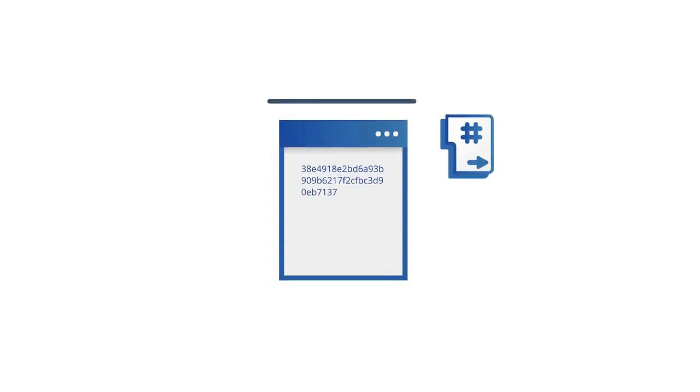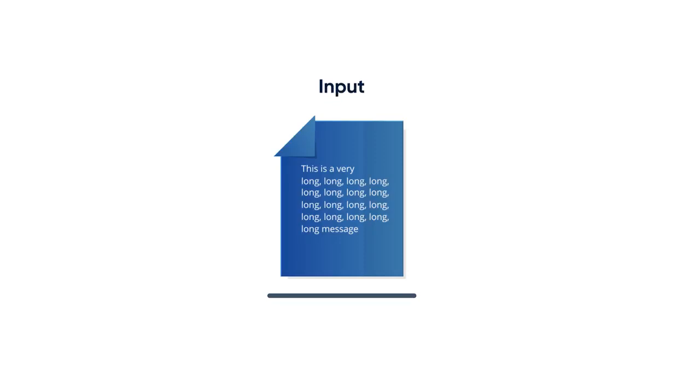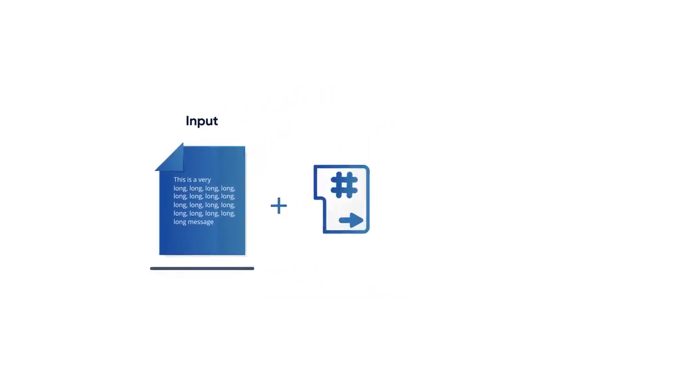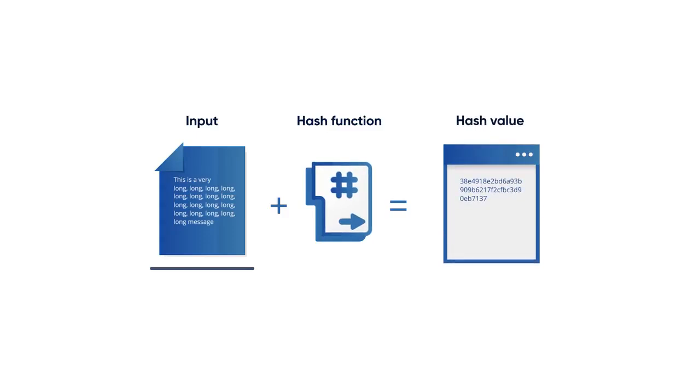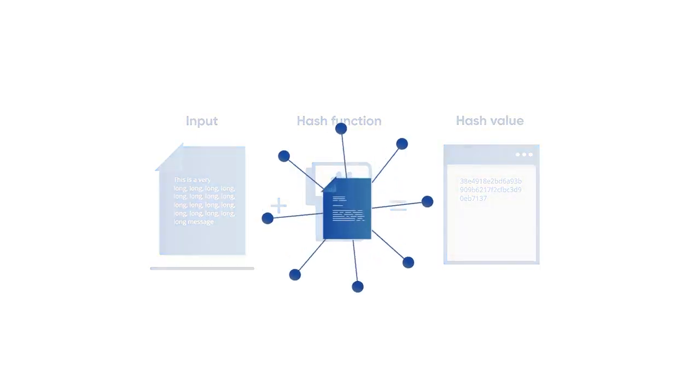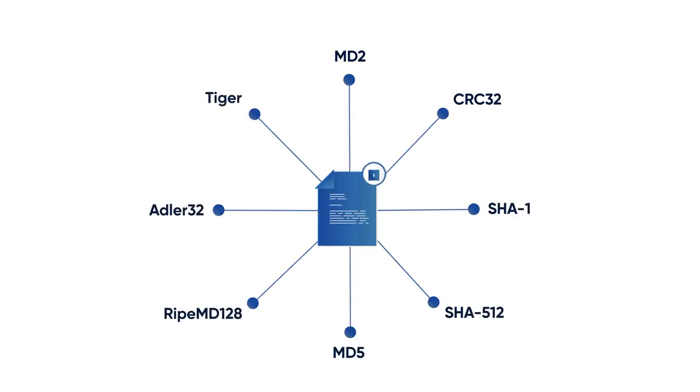into an array of numbers and letters through an algorithm. The message to be hashed is called input. The algorithm used to do so is called a hash function, and the output is called hash value. There are many formulas that can be used to hash a message, but a cryptographic hash function needs to have